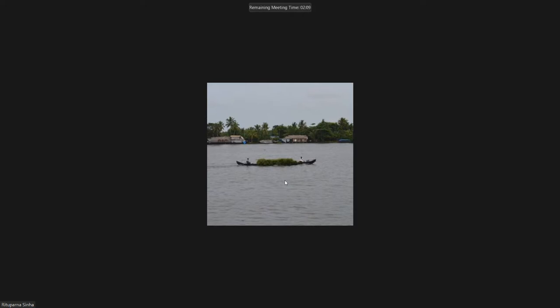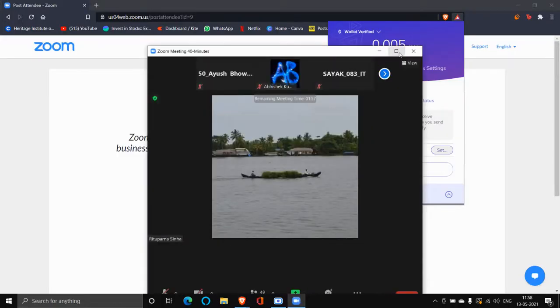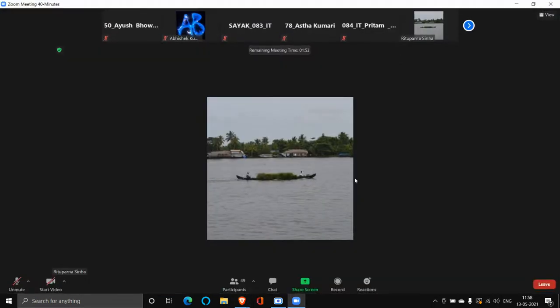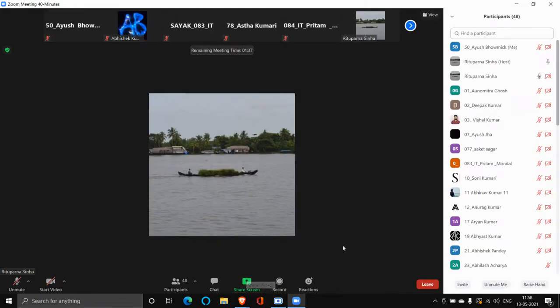Many students are joining very late. I think they are joining only to get the attendance. I'm allowing them because while I share the screen, it is not always possible for me to remember who hasn't joined, who is joining for the first time, and who got disconnected due to some network problem and is trying to rejoin. This discrimination while teaching is not possible for me to keep in mind. That's why I allow everybody.